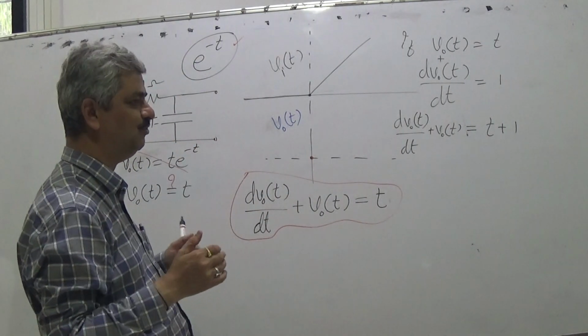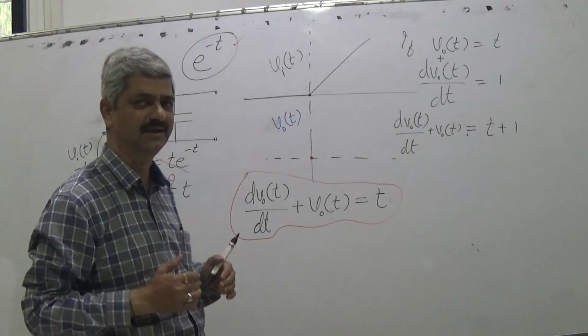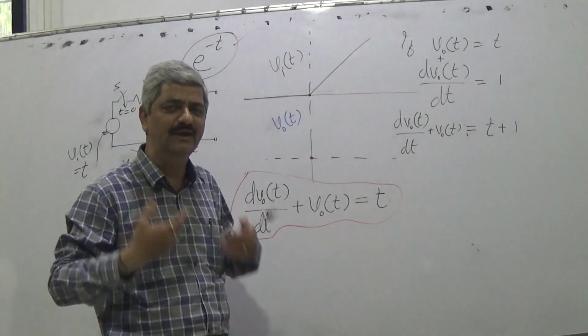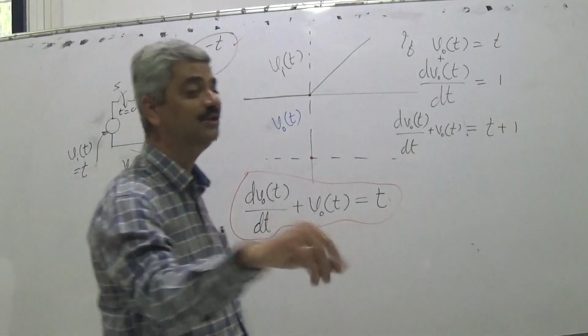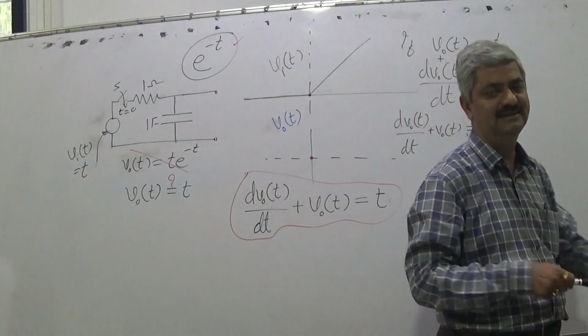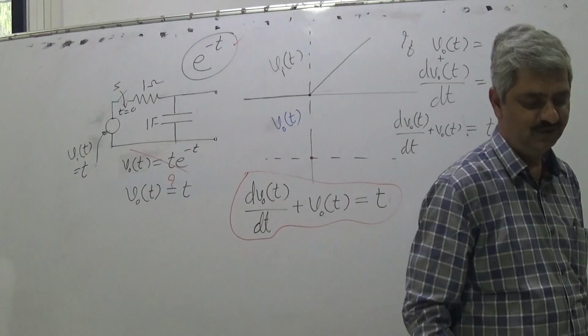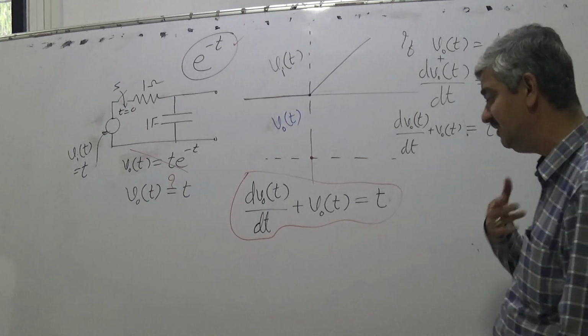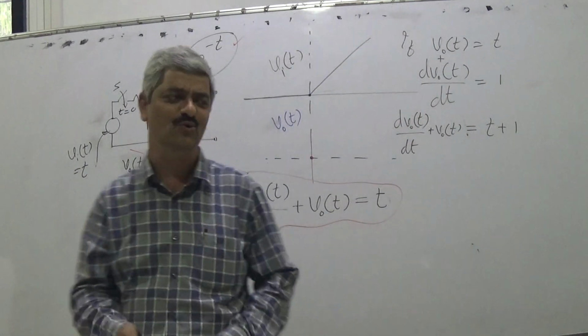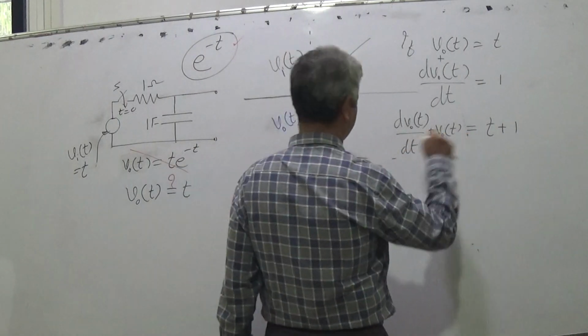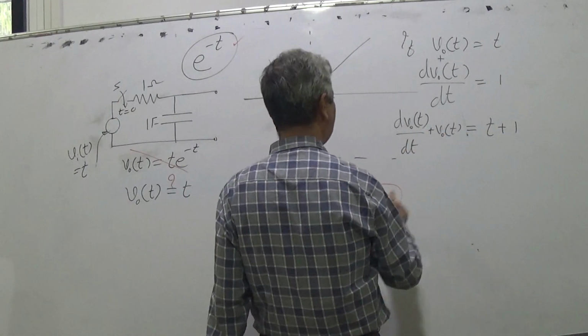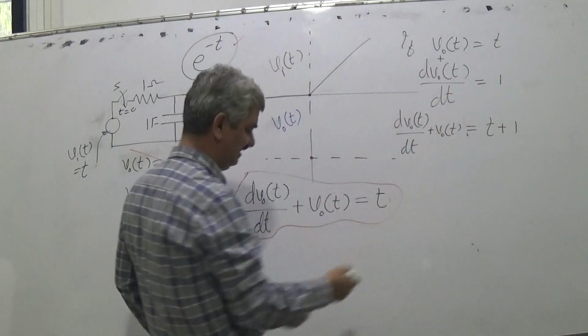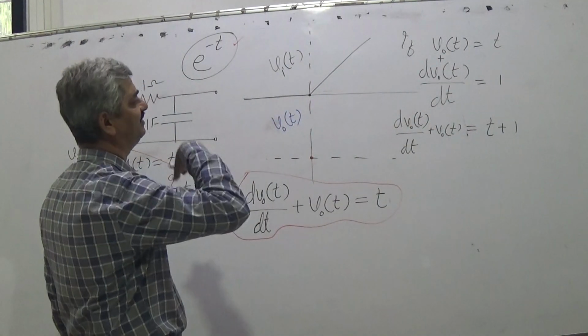So even though you have not found the answer, you get a feel, an intuition. Remember, it is now very clear that the next decade is of AI. So intuition is something which is very difficult to embed in AI. So you get the intuition that yes, I am very close. What I wanted is t and what I get is t plus 1. So obviously you will change that.